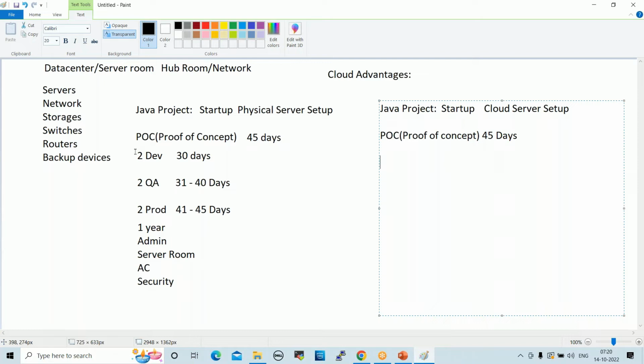But with cloud setup, cloud servers, whenever you need any servers, within 1 minute with all configurations, you can prepare them, right? For the first 30 days, we can create 2 servers for development. Whenever we need servers, we can create them immediately, right? That is why for the first 30 days, we can create 2 servers. Once development is completed,